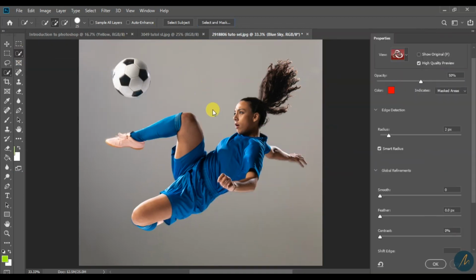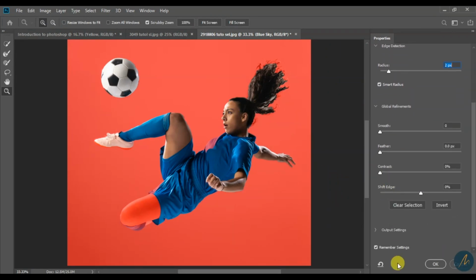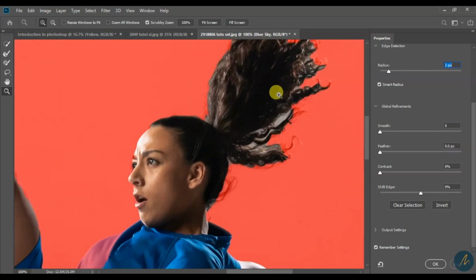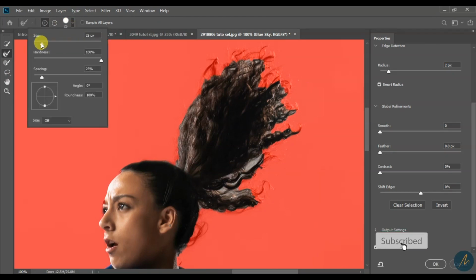I have to switch it back through the selection tool. I go to select and mask. I still have my settings, as you can see, because I have checked remember settings. I go to my refine edge, press Z just to zoom in a little bit, and then I'll increase my size by going here. You can increase or decrease it, rotate it, whatever. You have to leave it at a hardness of 100%,